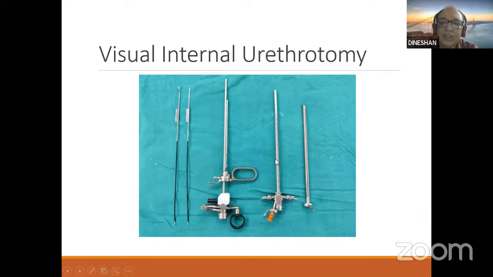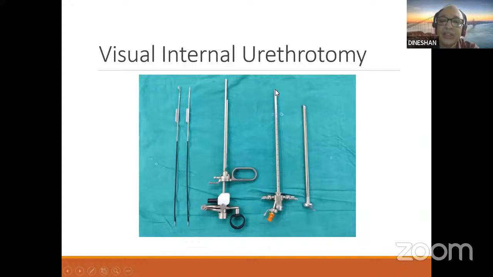And this is the outer sheath. Here the tip is always sharp and rounded, unlike the sheath of the cystoscope telescope. There is no beak here. It is a sharp edge, and so you always require an obturator here.